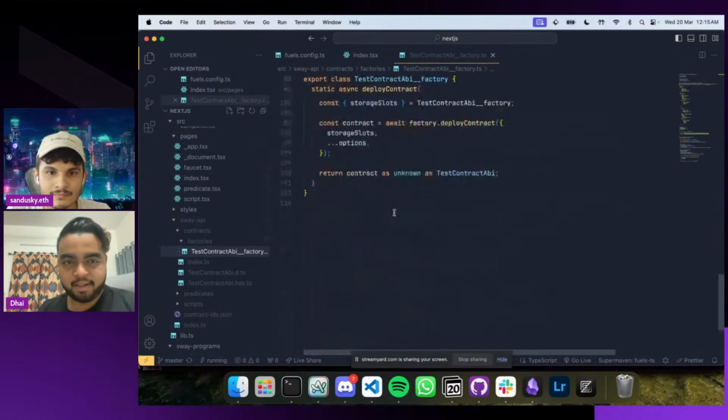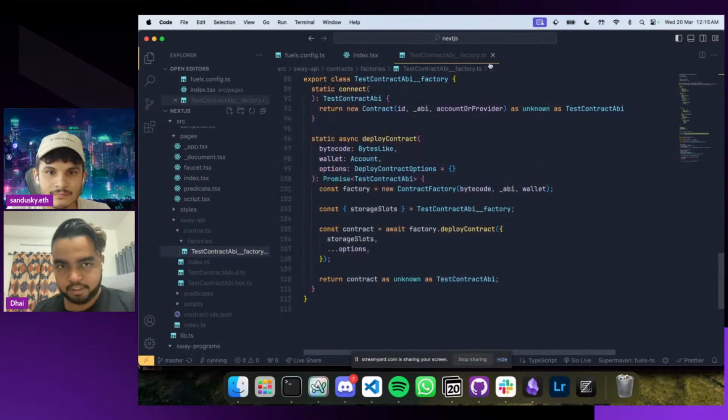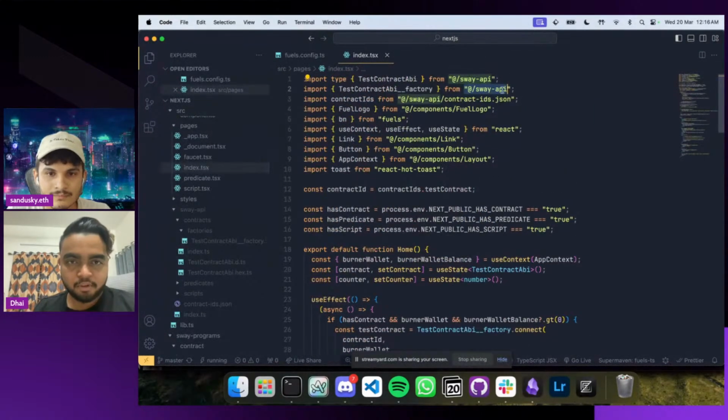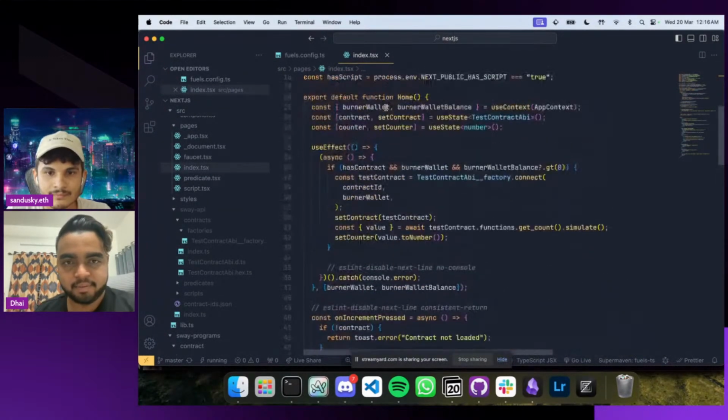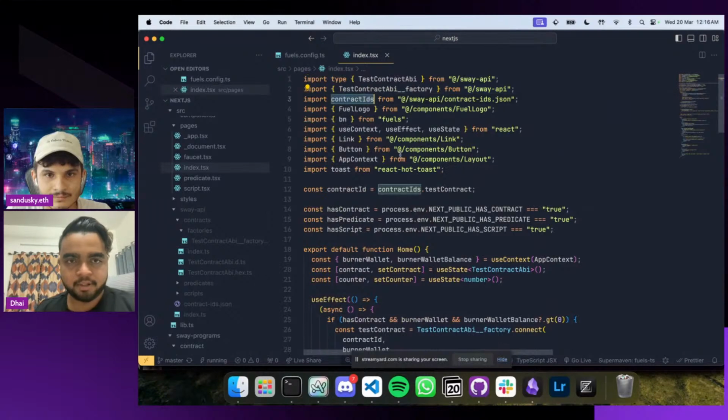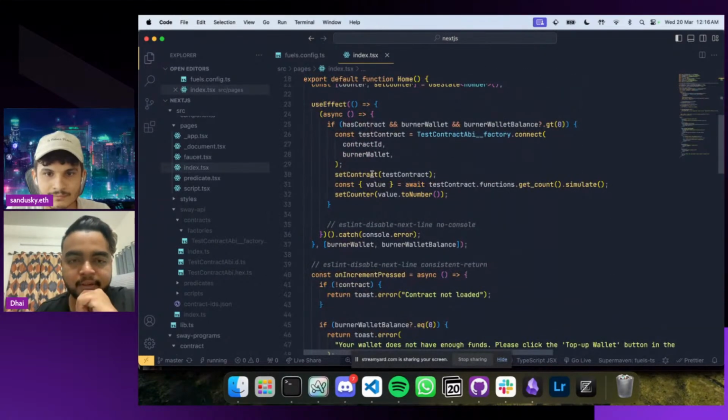This factory has your ABI and all the types. So we import this, you also get the contract ID from that, and you use it to create a new